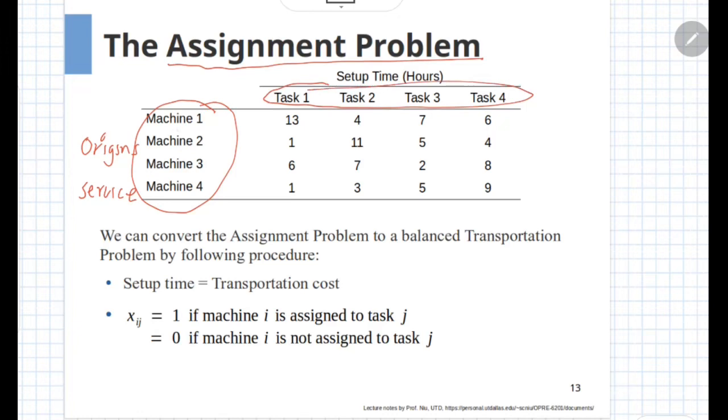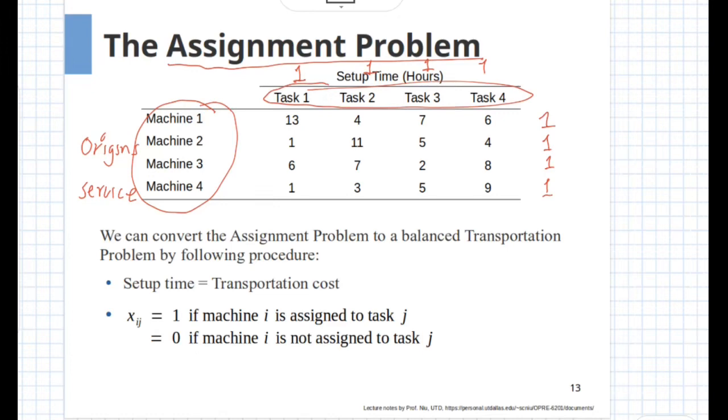Each machine has 1 unit of service which it can provide to satisfy any of the tasks, and each of the tasks demands 1 unit of service from any one of the machines. So that makes the relation between the assignment problem and the transportation problem at the first level.